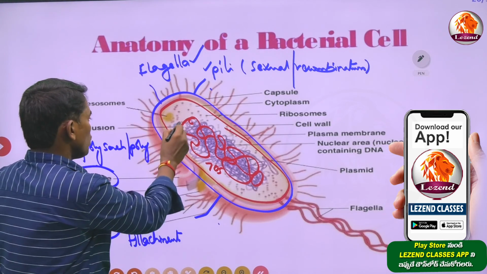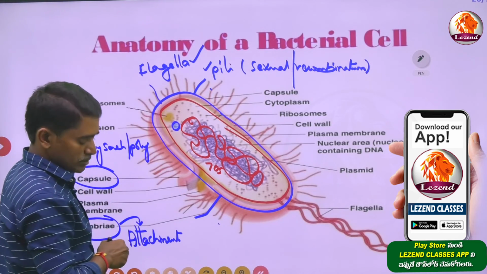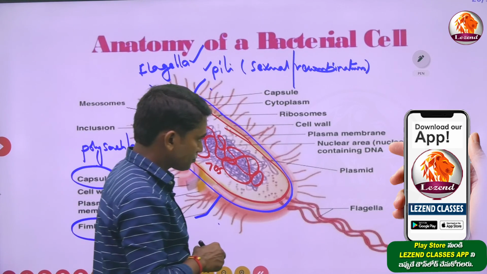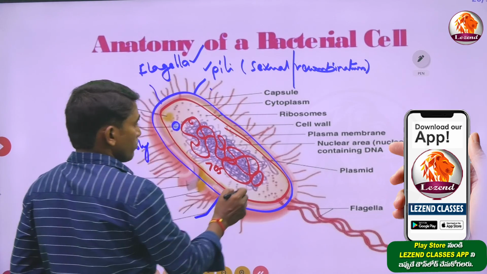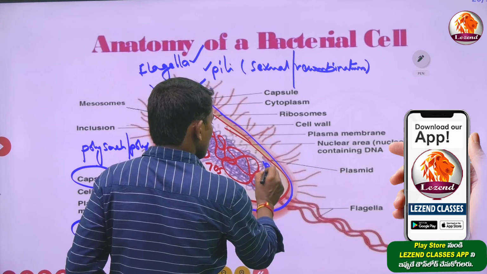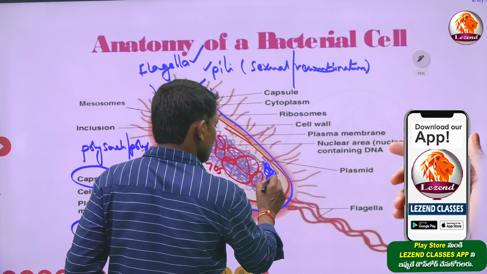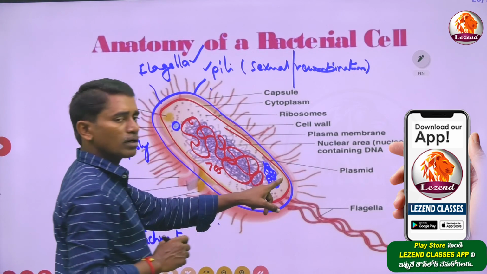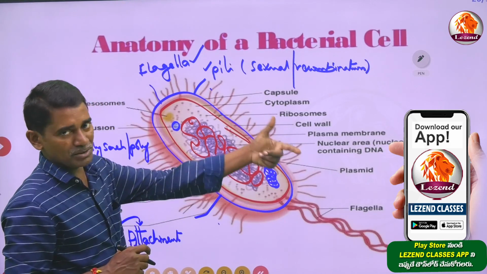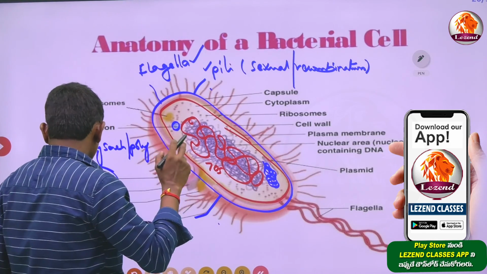There are inclusion bodies inside the cell. They store some extra material. Then extrachromosomal genetic material is present. These are autonomously replicating components called plasmids. So depending upon the number of plasmids,